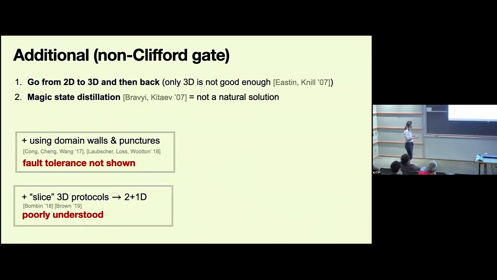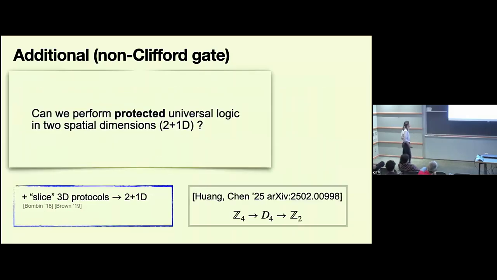We draw inspiration for our work from these proposals, where you take a finite depth circuit in 3 dimensions, and then you try to turn that into dynamic computation. The problem is that one of the people who originally worked on this approach, Ben Brown, remained confused about this approach for a good 5 years before we actually worked on this project. So a lot of things have been unclear, and that inspired our work.